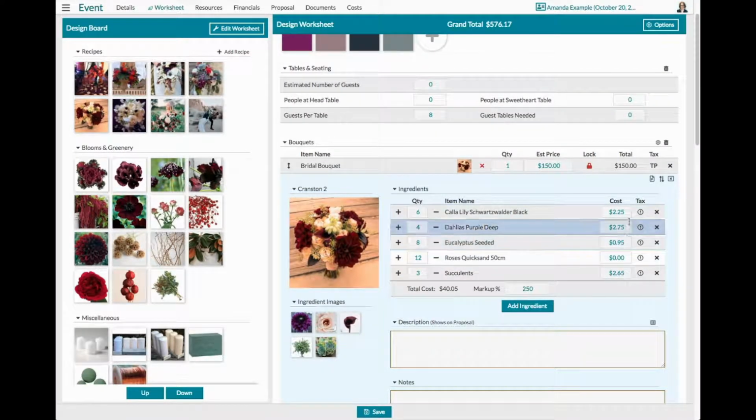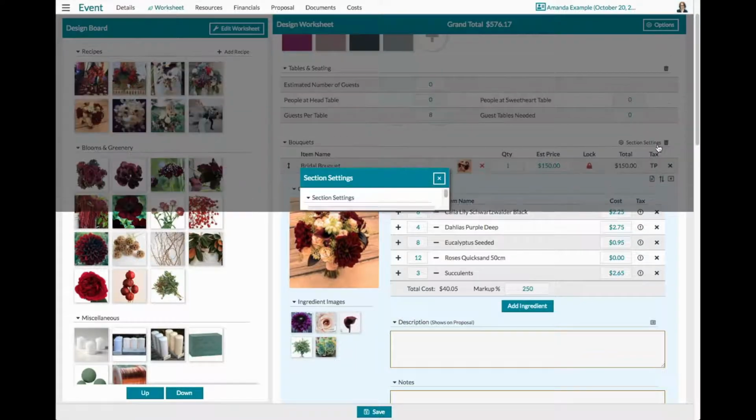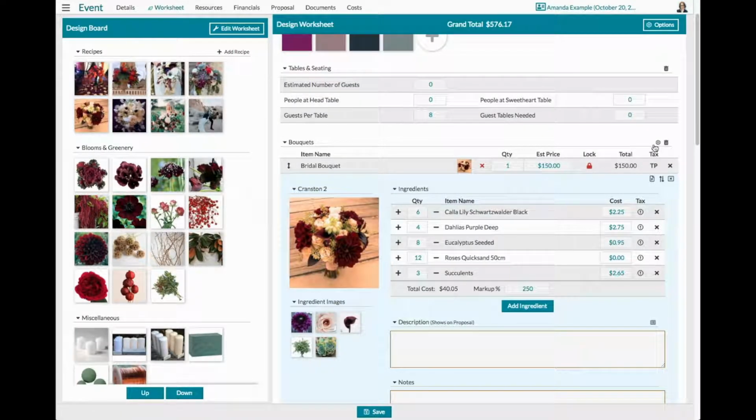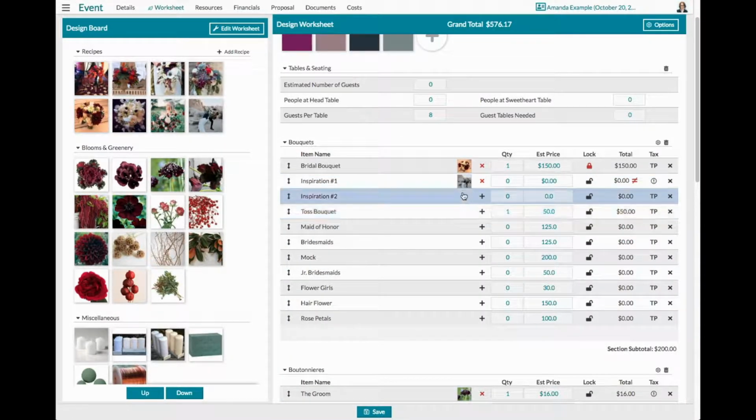So now we can see we just have the cost here. Now this is something that will turn off when you have your privacy mode on. You will not see that cost, but in order to not be able to see these show ingredient prices or recipes, you have to use this checkbox right here. Again, that's under your section settings. I'm going to go ahead and close this recipe out, and we're going to take a peek at another one